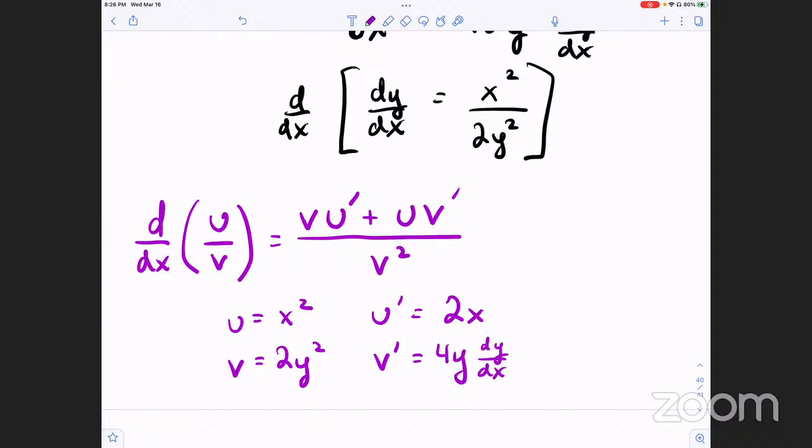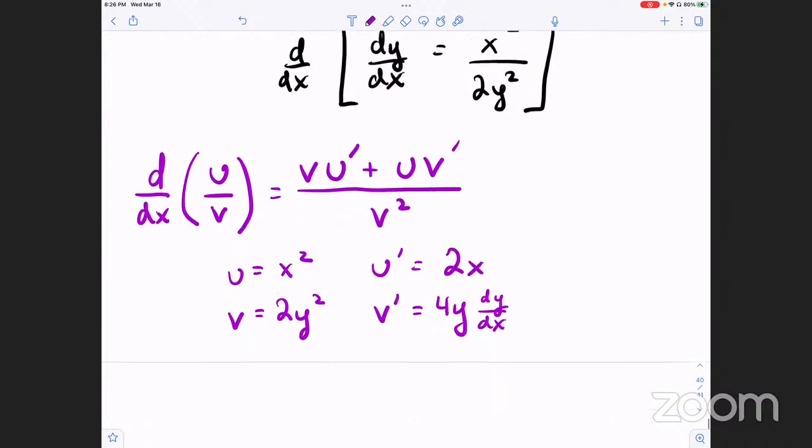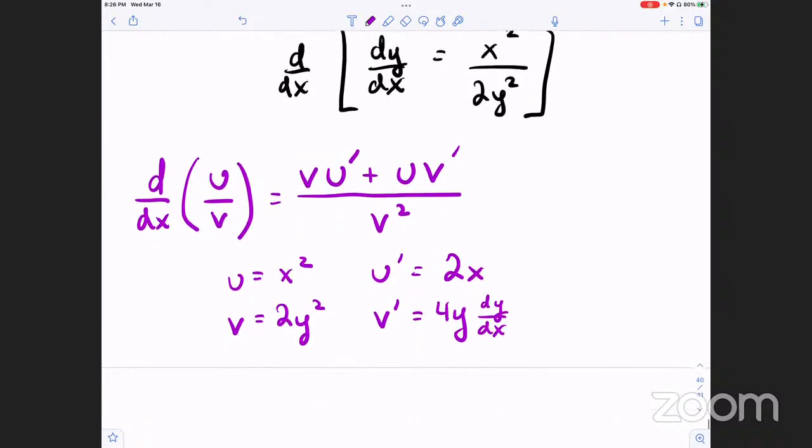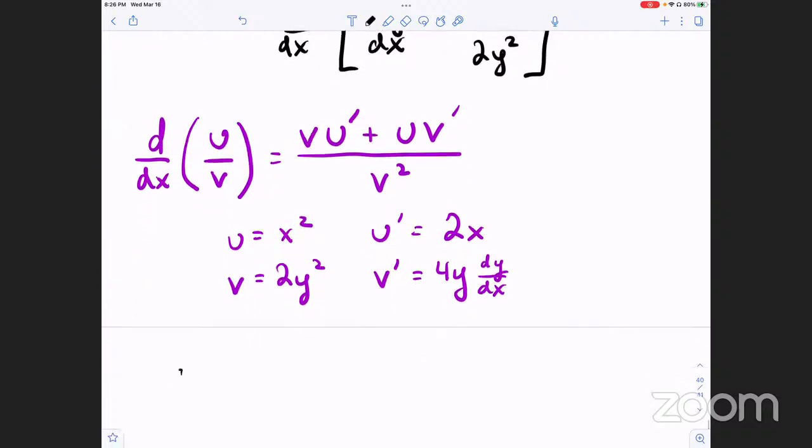Because whenever we do the derivative of y in this context, we need to include dy by dx, okay? So when we take the derivative again on both sides, on the left, we get the second derivative of y with respect to x. And on the right,